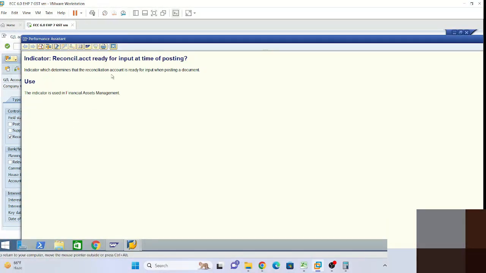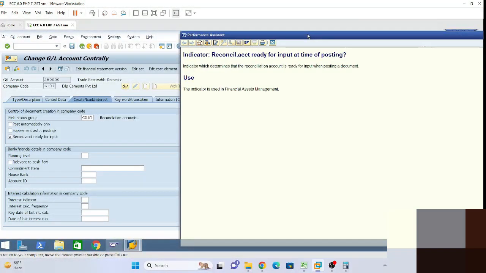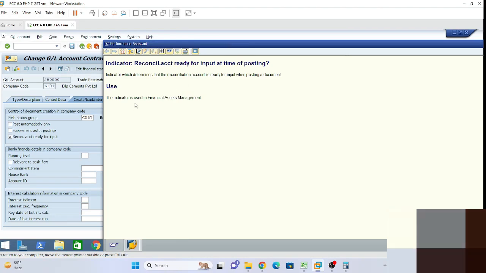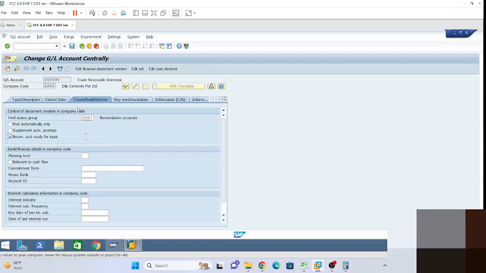Actually, this indicator is used in financial assets management. Means when we do this indicator, it will be used in financial assets management. Currently, right now it is not required, but it will be used in assets management. So please do it for all